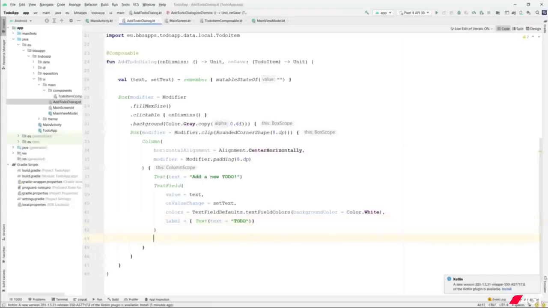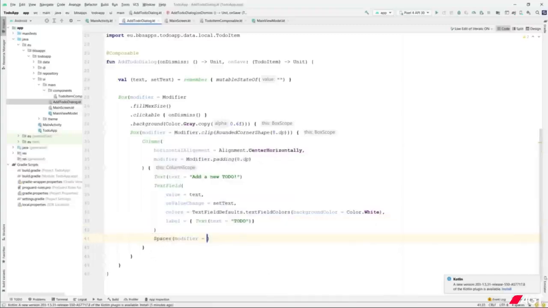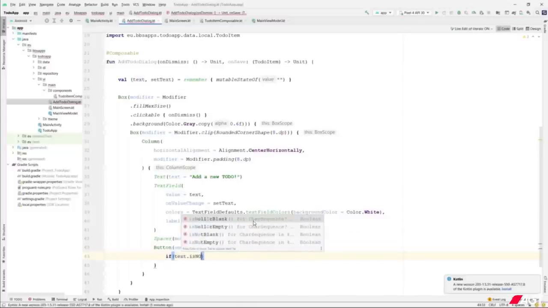Below our text field we'll have a spacer with a modifier of height, and its height will be 8 dp. Finally, we'll have a very simple button. The onClick will be the following: if the text is not blank,